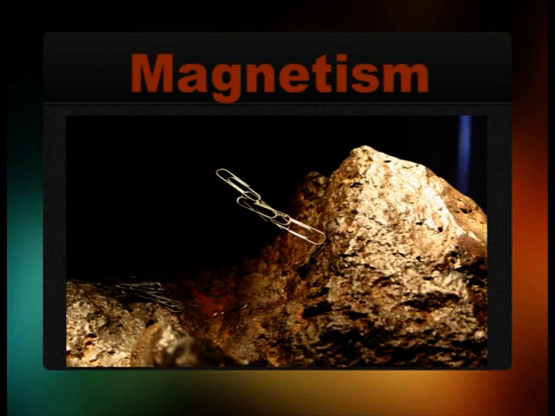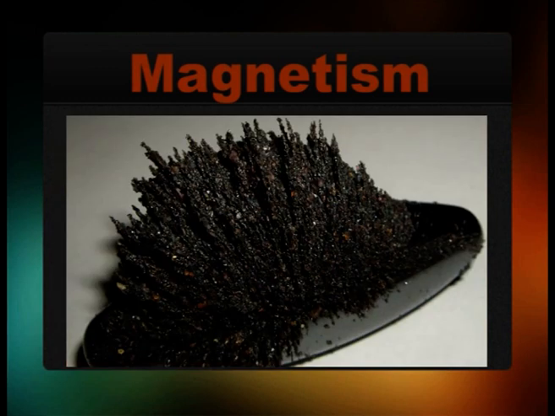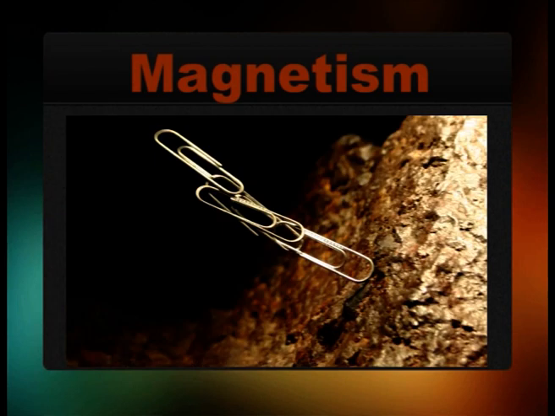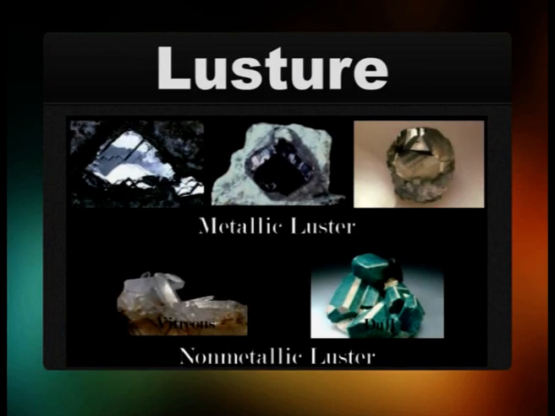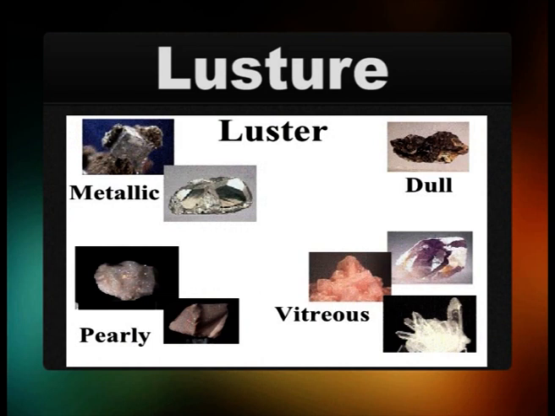It can be difficult to determine the differences between the various types of magnetism, but it is worth knowing that there are distinctions made. If there is a magnetic attraction between minerals and a metal object, then the mineral has high iron content. Tenth property is luster. Luster is the property of a mineral that indicates how much the surface of a mineral reflects light. The luster of a mineral is affected by the brilliance of light used to observe the mineral surface.